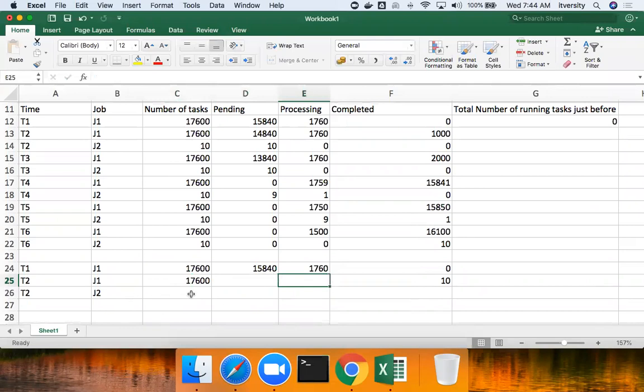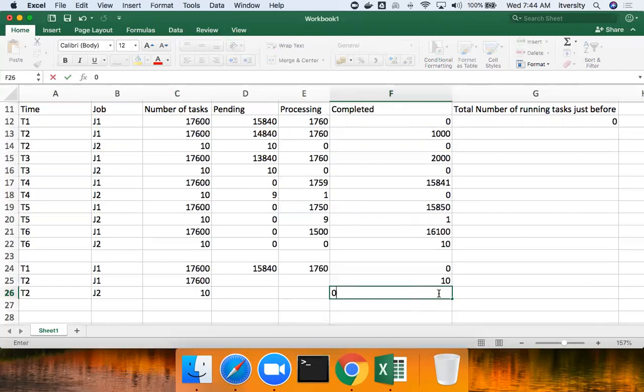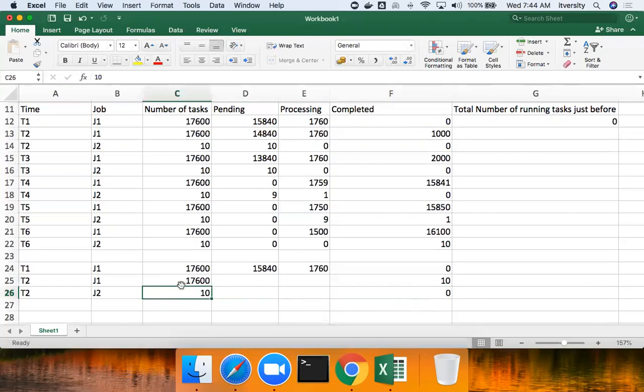Now, let's say you got another job J2, which requires 10 tasks to process the data. Okay, and completed should be 0 because the job has just started. Now, as there are two jobs trying to get the resources which are released by the 10 tasks that are completed, both of them will get equal priority and equal share. Okay, so 5 of these 10 will be processing, so 5 will be pending at this time,